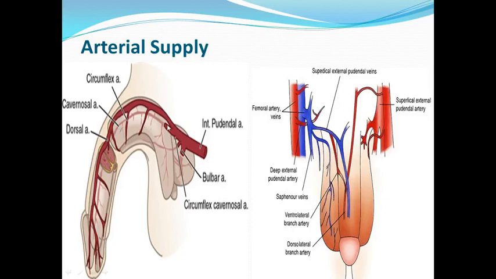This is the deep artery of the penis, or the cavernosal artery, which runs within the corpus cavernosum. That is why it is labeled as cavernosal artery here. The cavernosal artery, or the deep artery of the penis, runs in the corpus cavernosum, and it breaks into arteries that follow a spiral course. Here you can see these are called the helicine arteries. These helicine arteries are small branches from the deep artery or the cavernosal artery, which is a branch of the internal pudendal artery.